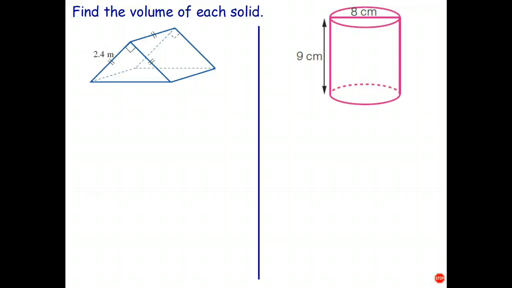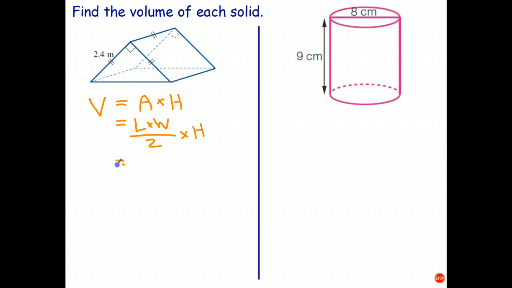Okay, welcome back, students. Well, with this shape here, the bases are the front face and the back face. If I cut through the prism parallel to those, I get congruent faces. So I've got to find the area of that triangle. So using the same method as before, volume equals area of the base times the height. Okay, and the area of a triangle is length times width all over 2